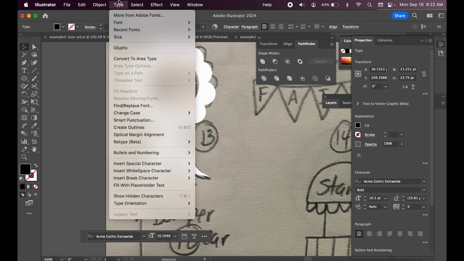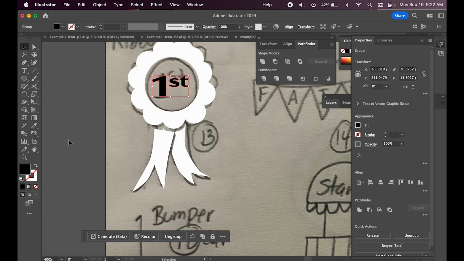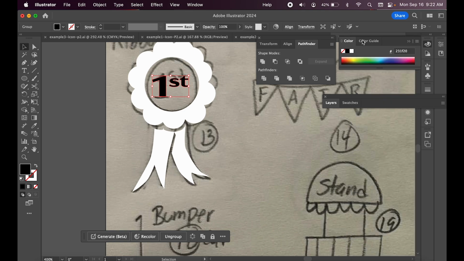And what I'm going to do with this is something that you'll do when you're in compliance with font use, the end user license agreement. If you're using Adobe fonts, you don't need to worry about this. But I'm going to create outlines of my text. And sometimes when your instructors say create outlines, that's confused with adding a stroke. Those are two different things. I'm going to choose a blue for the blue ribbon,